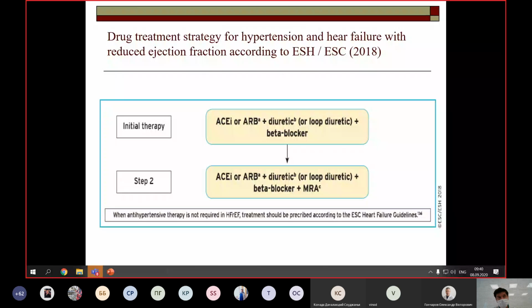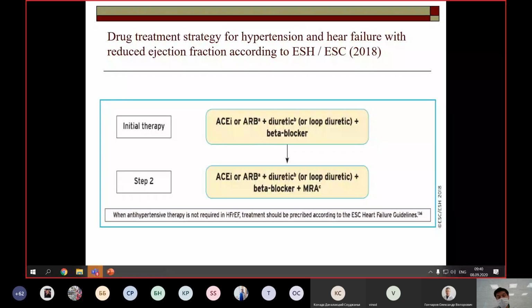Beta blockers are generally recommended, and please titrate the dosage step by step during follow-up. The next step: if ACE inhibitors or ARBs plus diuretics plus beta blockers do not have a beneficial effect on reducing BP,